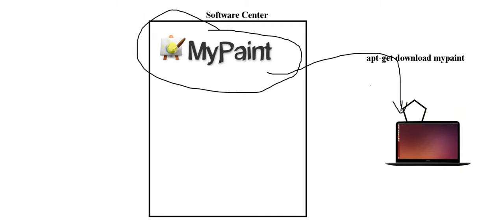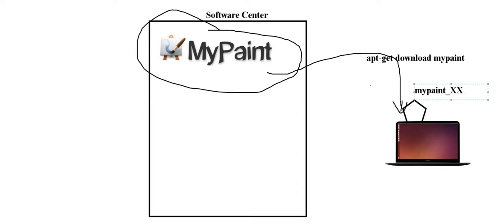Now the next challenge is what you have to do. It is downloaded in some location, right? Let's say xyz location or my download folder, anywhere. So how will this folder look? The software's offline file will look like, let's say, mypaint, with some numbers. Let me type xx so you will understand.